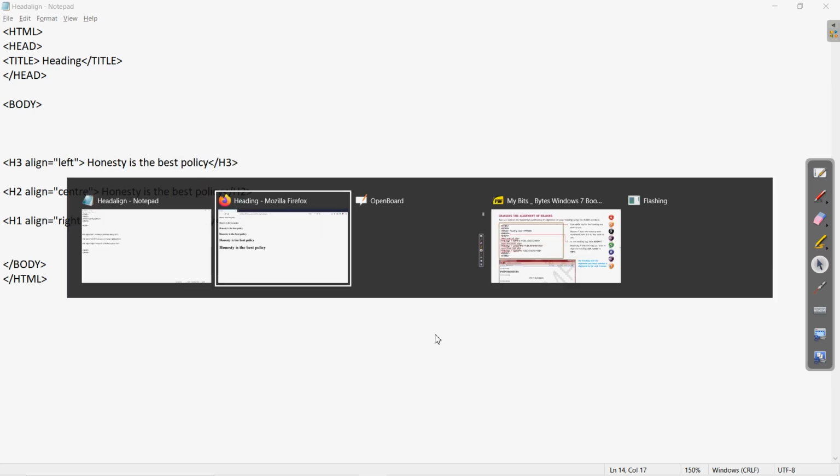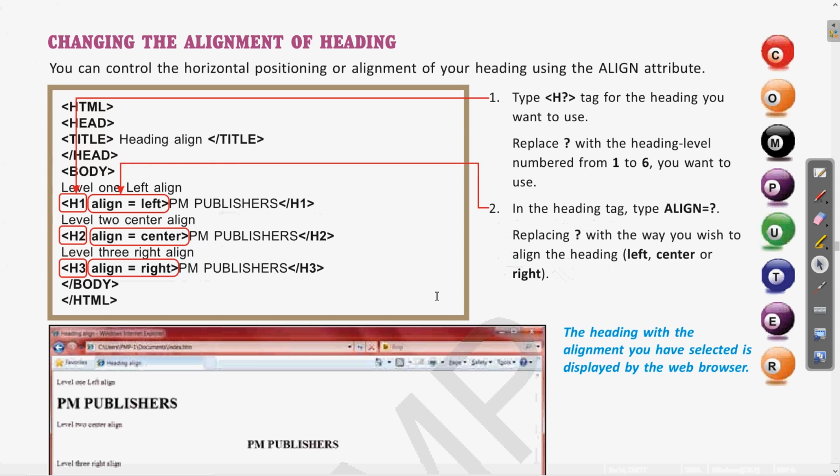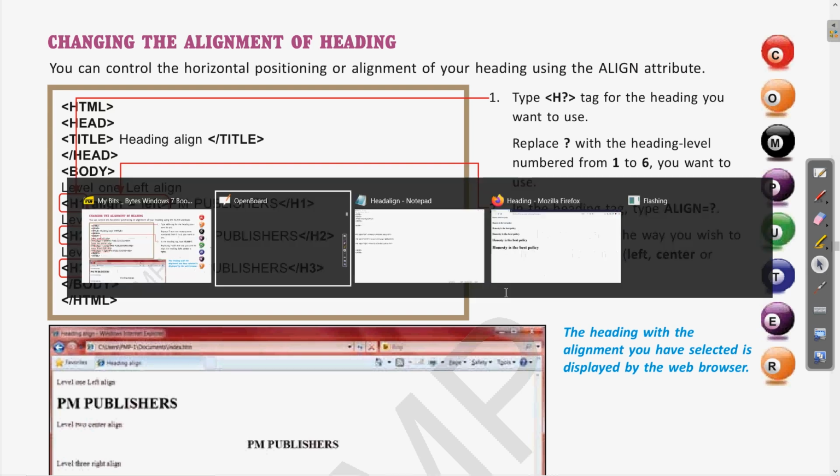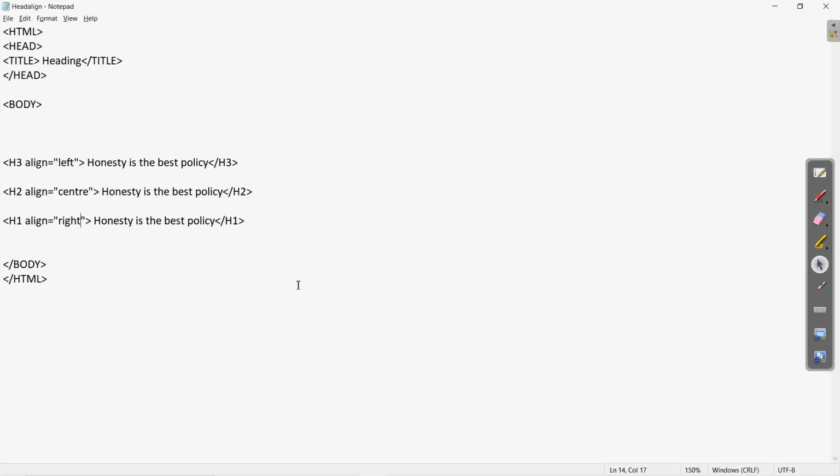We can match the same program which is given in the book also. So here you can see the values which we have written, align is equal to left, align is equal to center, align is equal to right. Now we have already saved this. For the center we can correct the spelling.